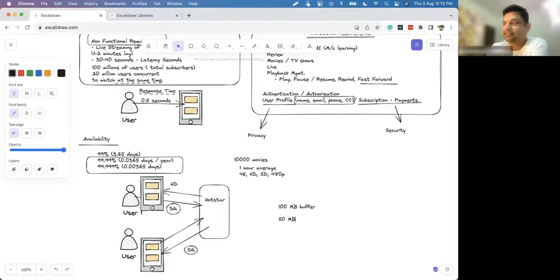Maybe the user is traveling. He started from the office with very good connectivity. Then he went into the lift, very bad signal, maybe disconnectivity, but still there was some buffer space. So although the lift had no network, in a few seconds the person came out of the lift, but he's still watching the match. And then he moves out and sits in a cab. There is a different resolution, different speed available. So you can dynamically vary the video quality. Clear?